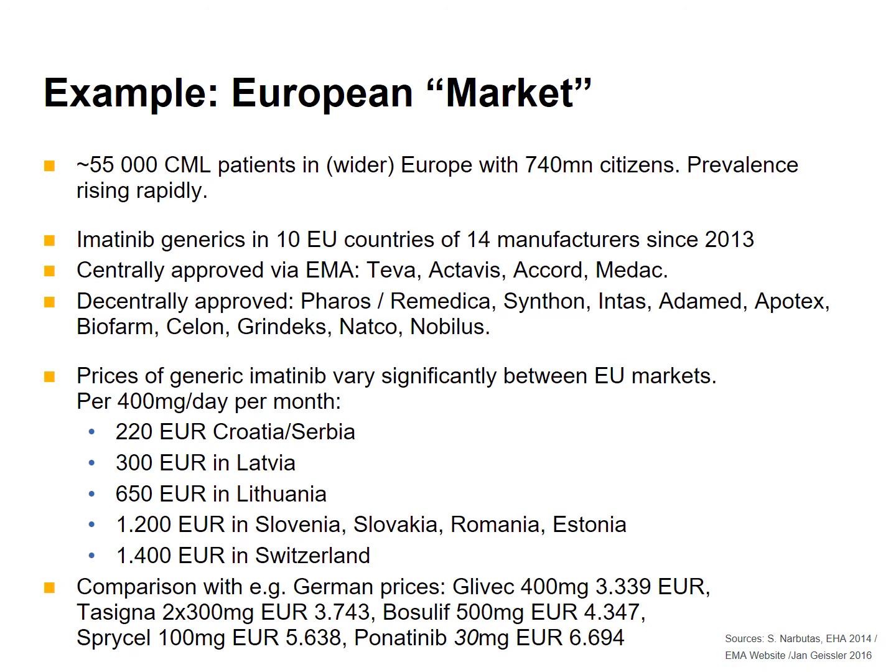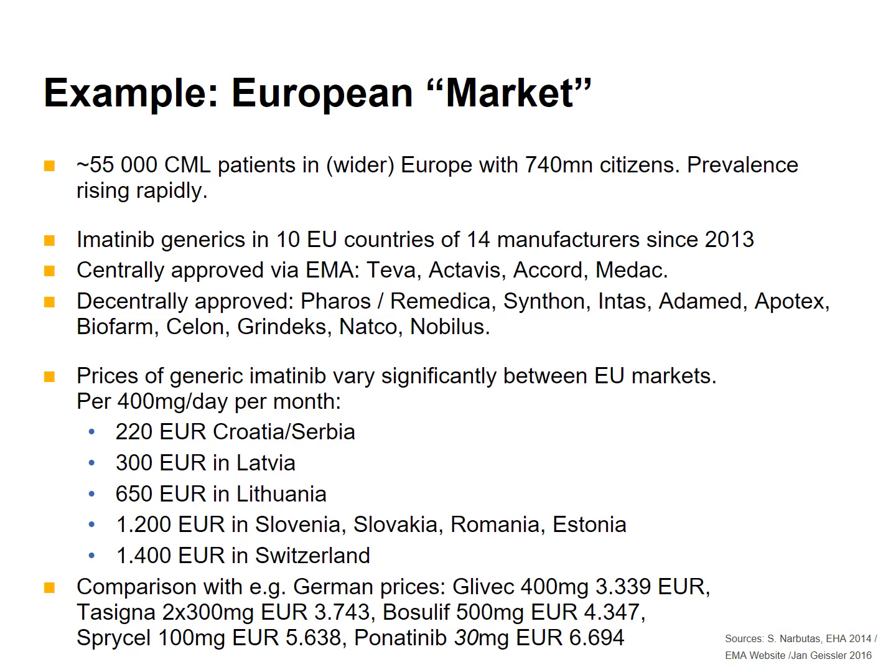And Natco has been, with VNAT, one of the producers of generic or copy drug imatinib for quite some years. What is quite interesting, I mean, people always talk about pricing in the pharmaceutical industry, but it's also important to see that also the generics companies are trying to earn money, and there are commercial companies that are trying to derive a good price for a drug, and seeing that probably production of an imatinib pill is probably only some single-digit euros. The prices vary greatly, and you can see some example prices here ranging from 220 euros a month for